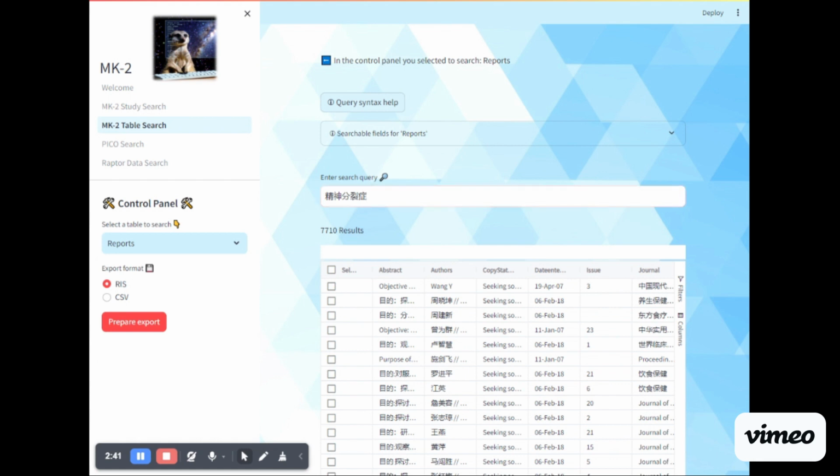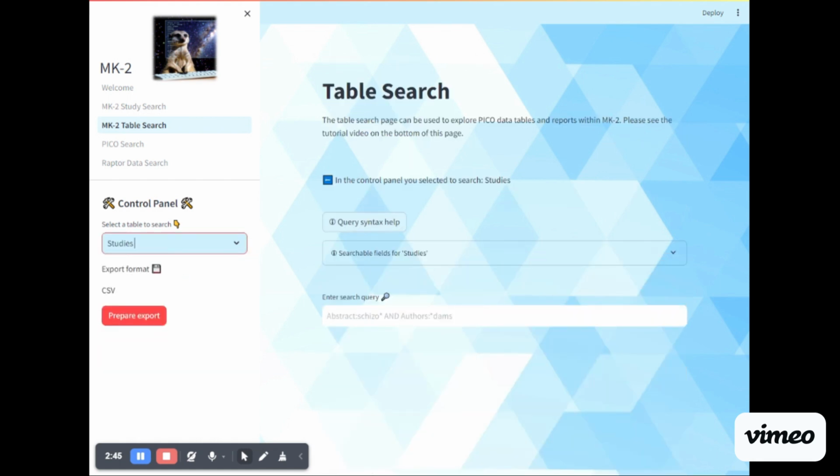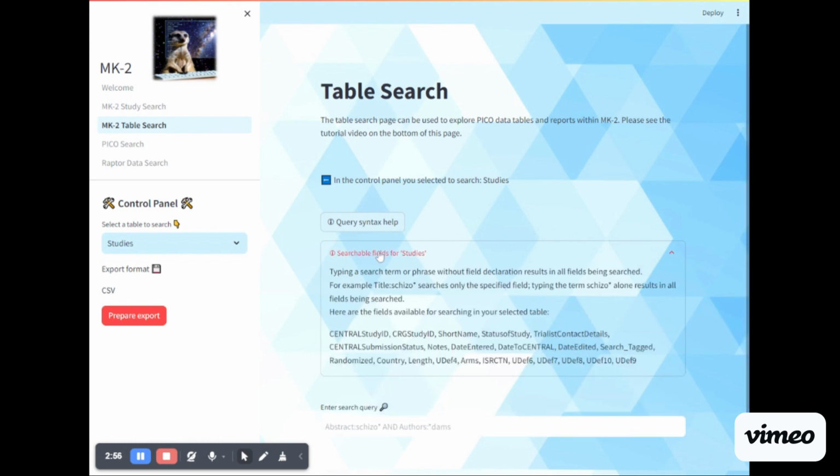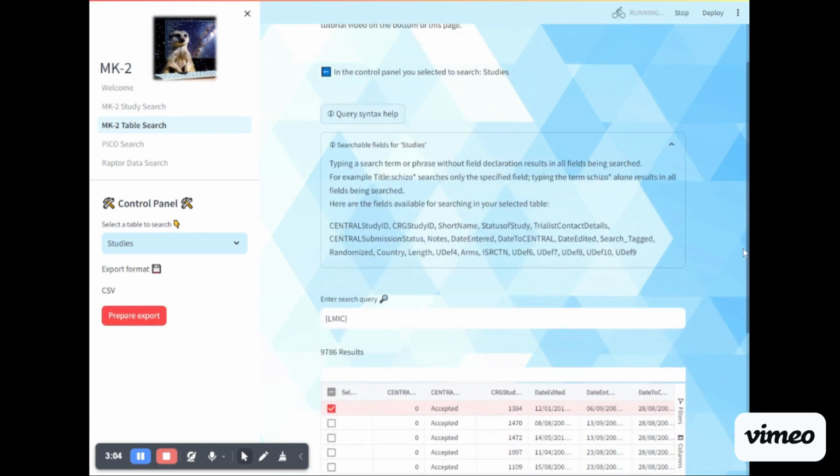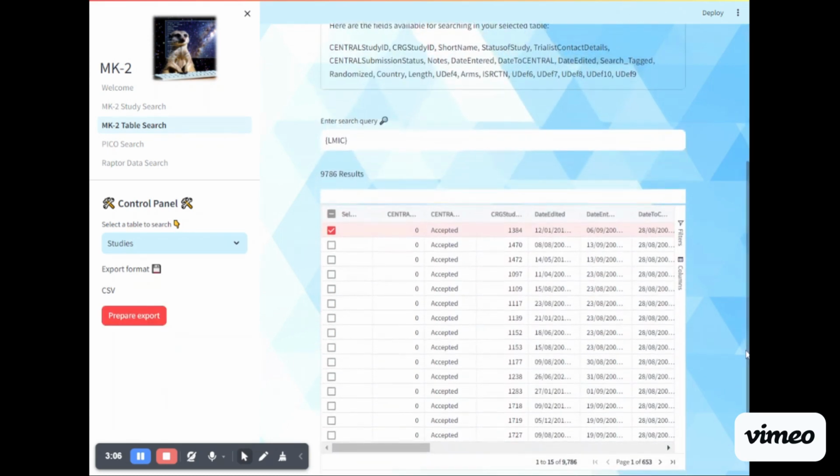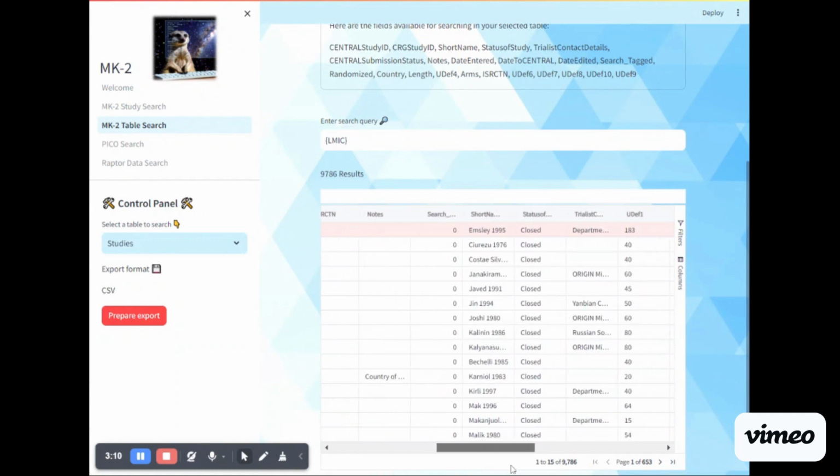Now these are reports, so they are specific publications, but you can also search for studies. In studies, again, you can search any field, and these fields are here. But there are also tags that you can search for. So for example, here I'm searching for the low middle income country tag, and the information we have here for